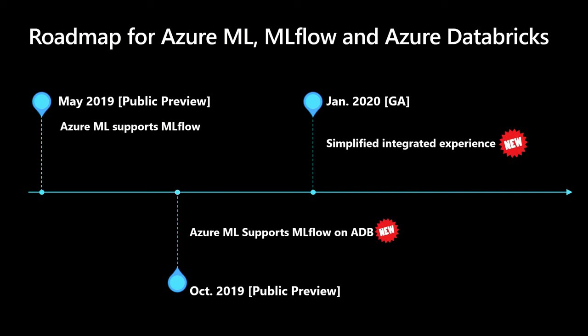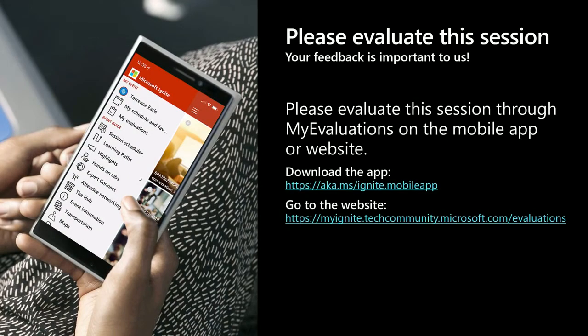A couple of quick things about some roadmap. So what you saw here today, you can do. As soon as you leave, all that is functional. We've got some instructions on how to do that and some links on where to do that. The integration is going to be even tighter by the end of this year, first of next year. Where I showed you an init script, you're probably not going to need that anymore. It's probably going to be a button. You're probably going to have some very simple drop-down tools to be able to do that. And that better together story, tight integration, is going to continue to evolve and hopefully make things easier for you guys. That's it, guys. That's all I got.